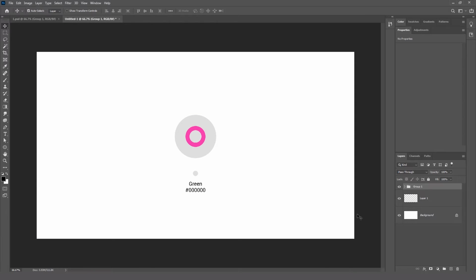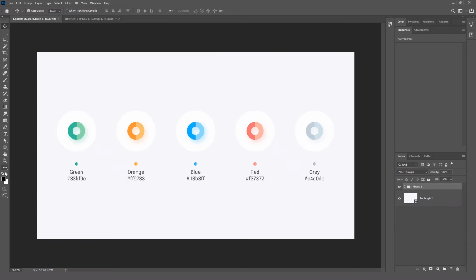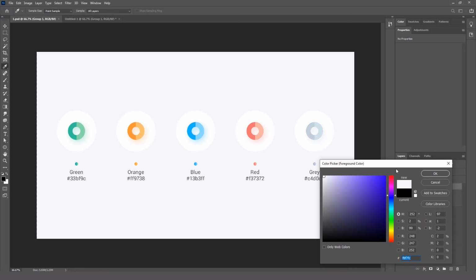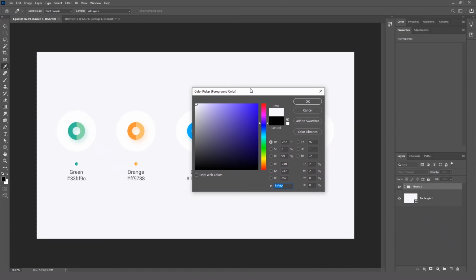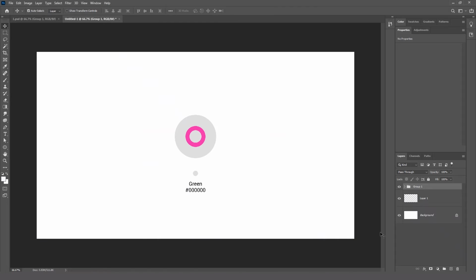gray color. So whatever the gray value is over here, I need to check, it's a very slightly bluish gray color. So I'm going to copy this color value, double click this layer, and give a color overlay for this.